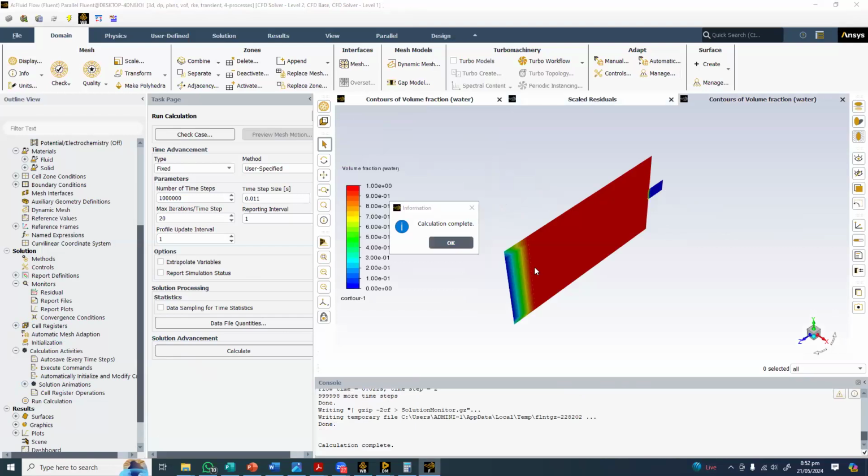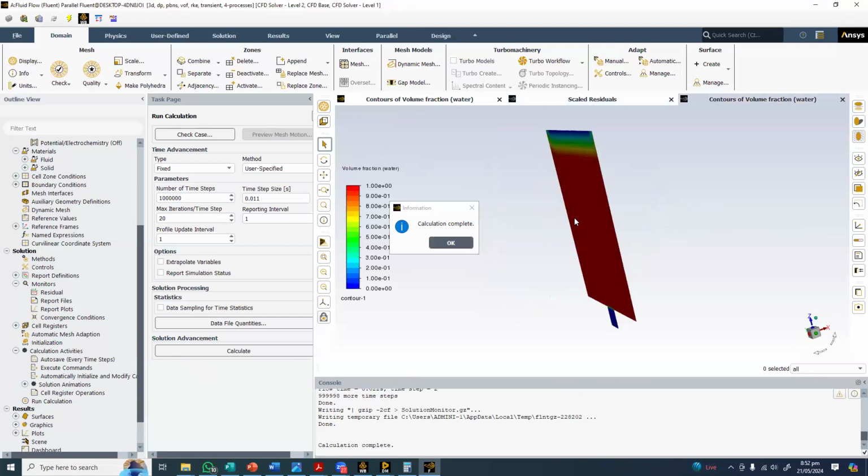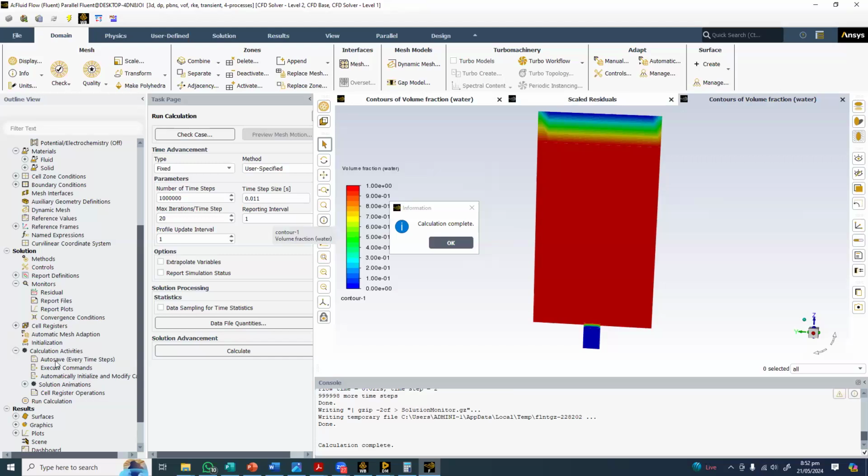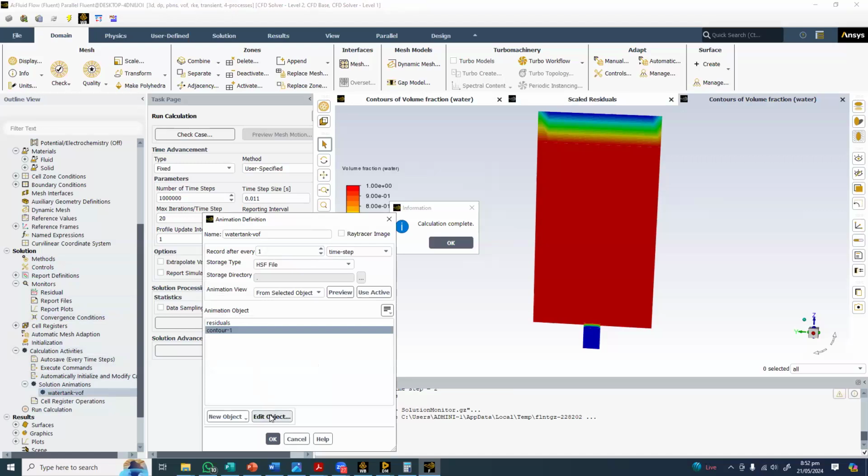We should select a proper view, otherwise we can have the default views, and that's not a good thing. So I'm going to again go back to solution animations, and here I'm going to actually